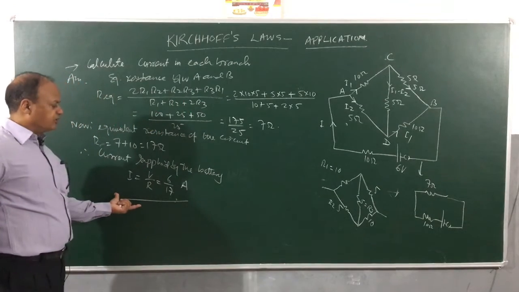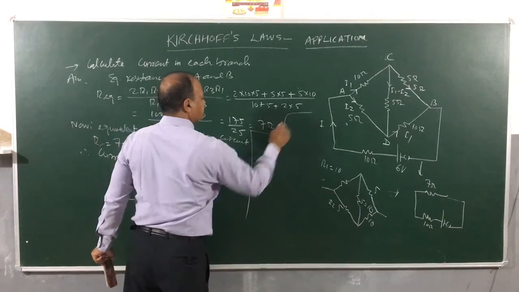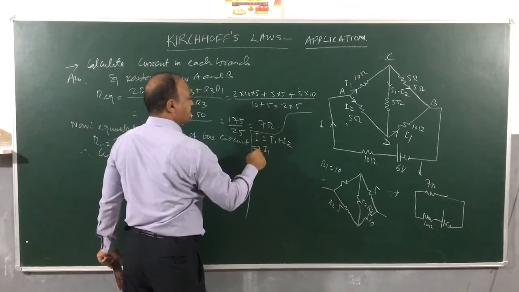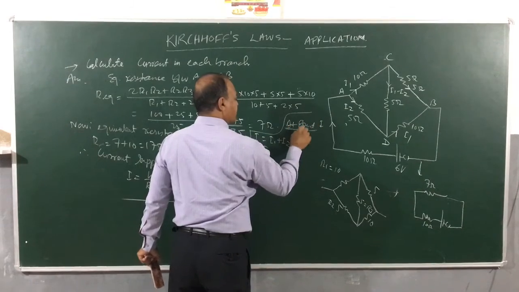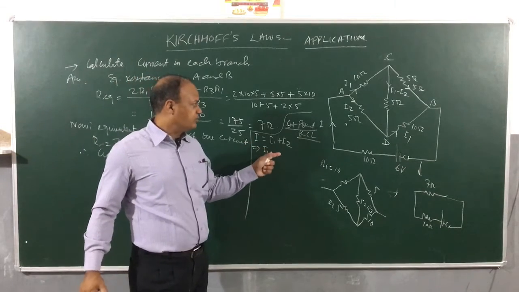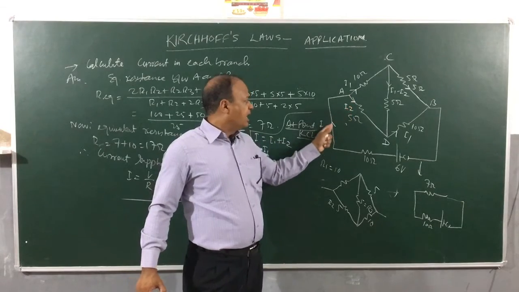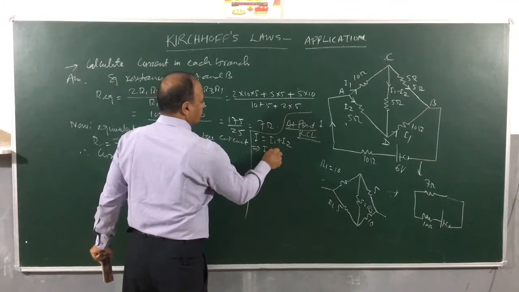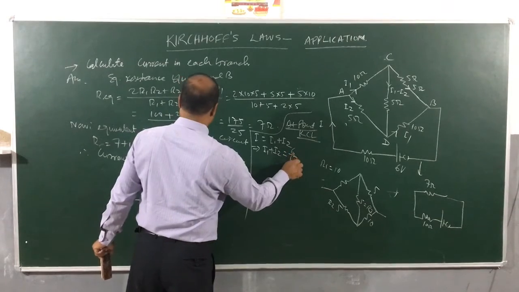If I use Kirchhoff's law, then here we have, children, I is equal to I1 plus I2. So at point A, if I use Kirchhoff's current law KCL, then I is equal to I1 plus I2. Current toward the junction is equal to sum of currents going away from the junction. I is going towards and I1 and I2 going away. So I1 plus I2 is equal to 6 by 17. So this is equation 1.